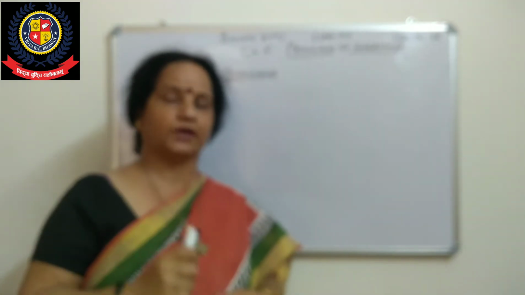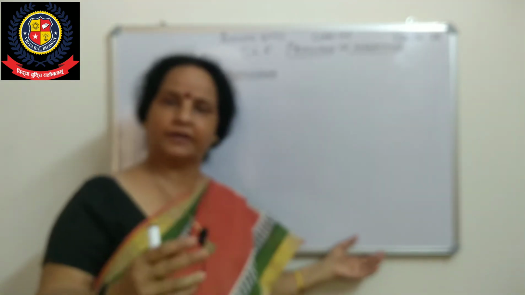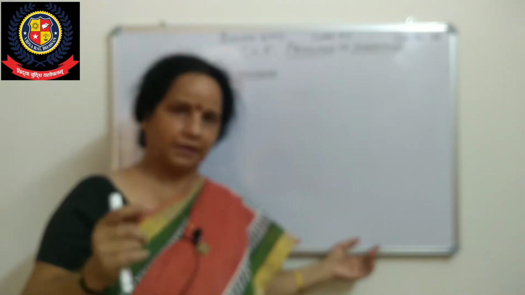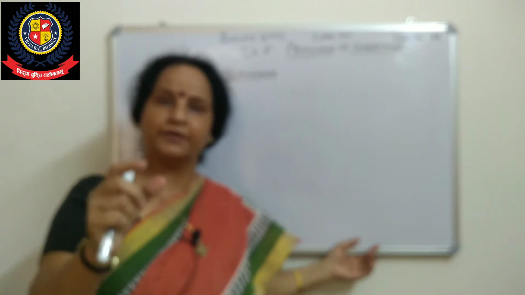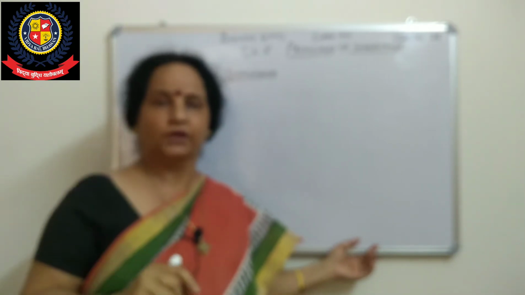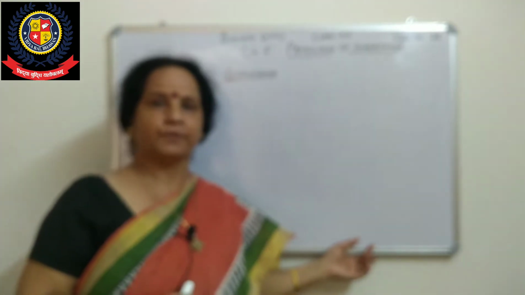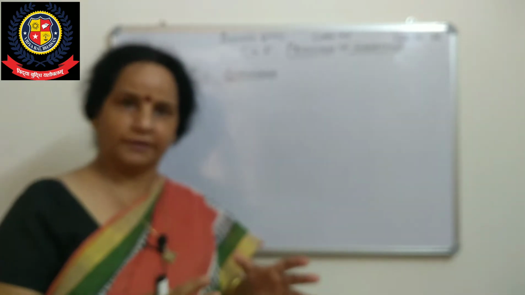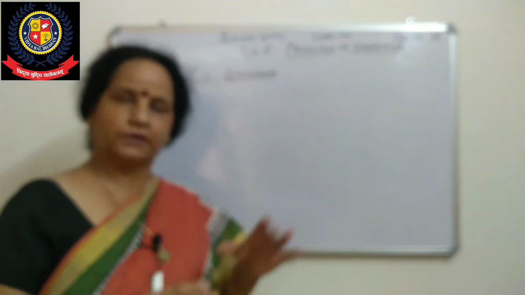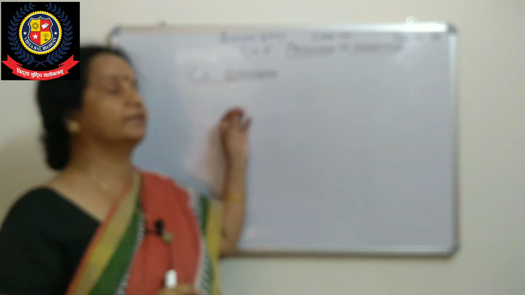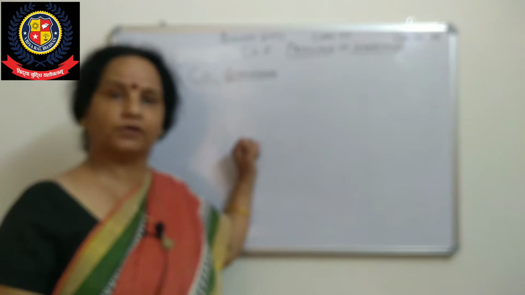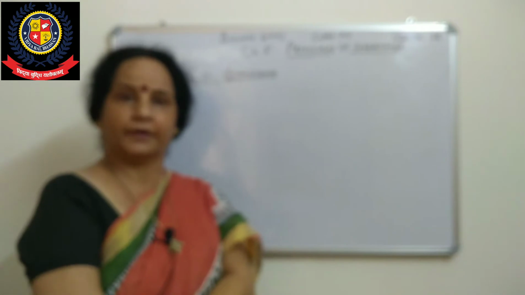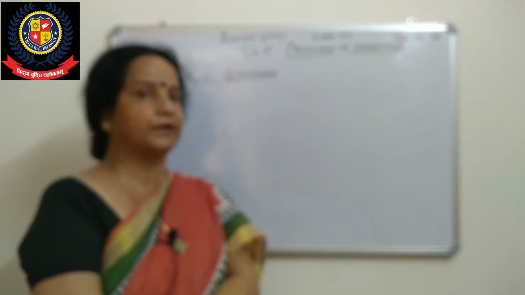As we have seen in the snapdragon flower, we have a red flower and a white flower. In that cross, we have seen that in the F1 generation we got a pink flower, an intermediate color of the combination of red and white. That is called incomplete dominance. When Mendel did his work only in pea plants, the law of dominance fit whatever generations he got. But when snapdragon was studied further, it showed that it doesn't always happen; sometimes one factor is not completely dominant.